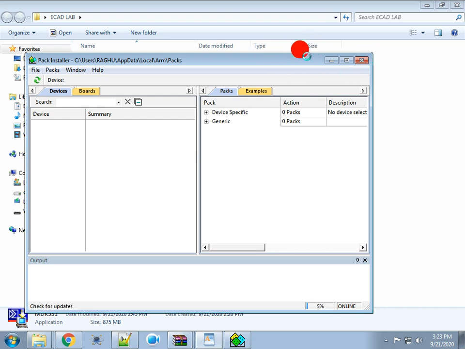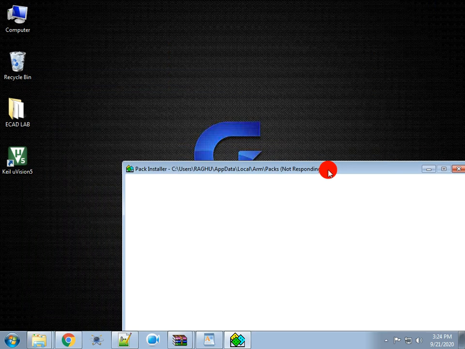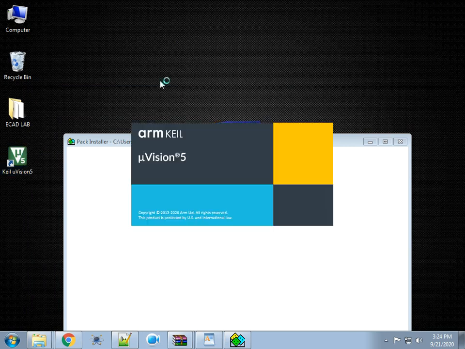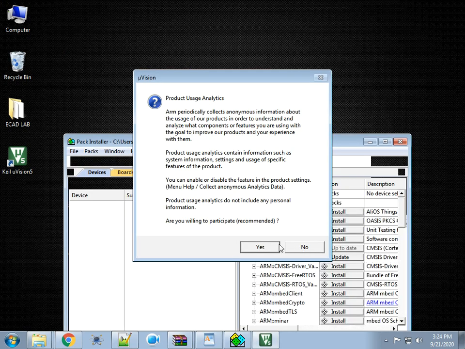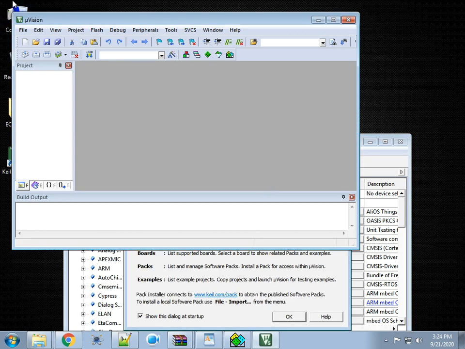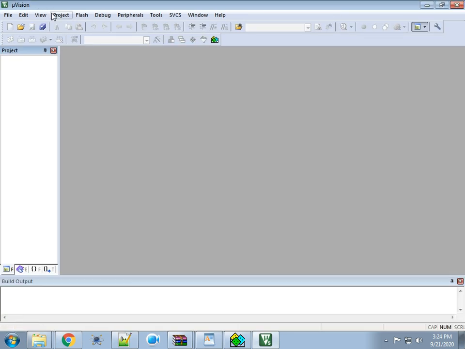Here it checks for certain updates, and I don't worry about them. Now I am going to double click on this, to check whether the entire support has worked or not. For that purpose, I am double clicking on the Keil MicroVision 5 icon. It is not recommended for me, so no. This is a well-known thing for you, so all of you know how to work with this.